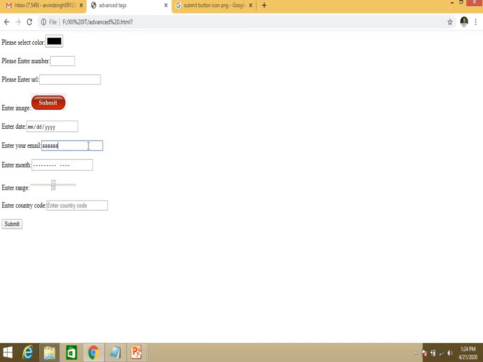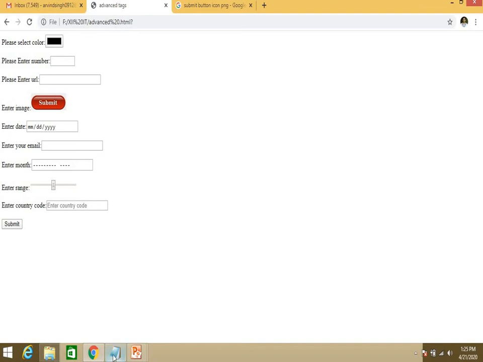Let's put an input: "Please include @ in the email address" is shown as it is missing. So you have to write AA@gmail.com, then it will accept the input.